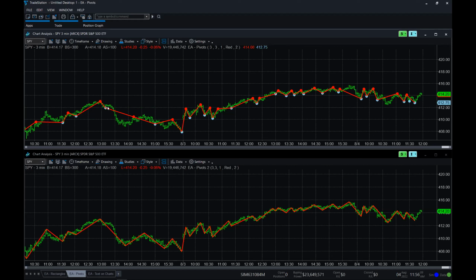So it says, don't use that. And anyway, then what happens is this low pivot also is ignored because we get a lower low. So we said, okay, here's the case where we get a lower low, use the lower low. Okay, so we did that here.